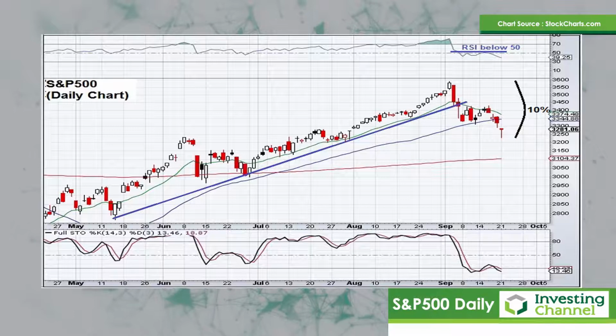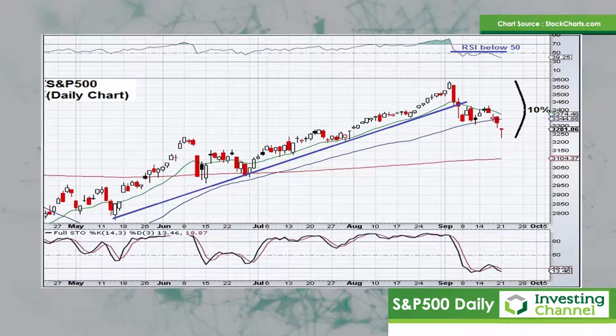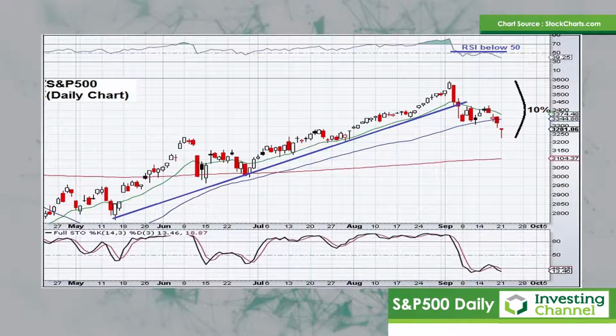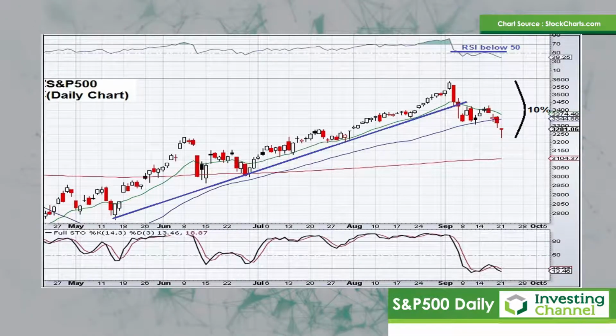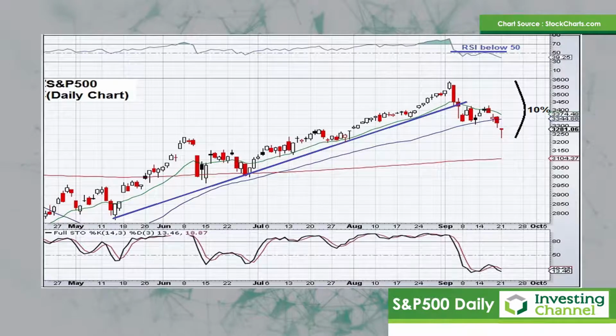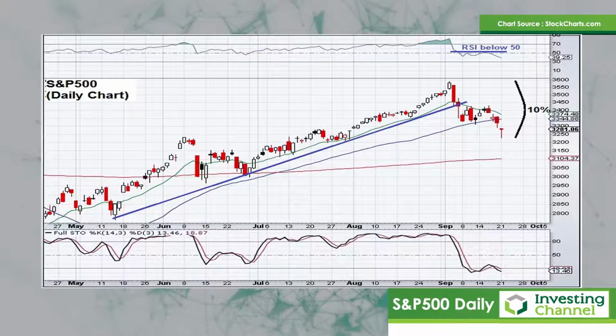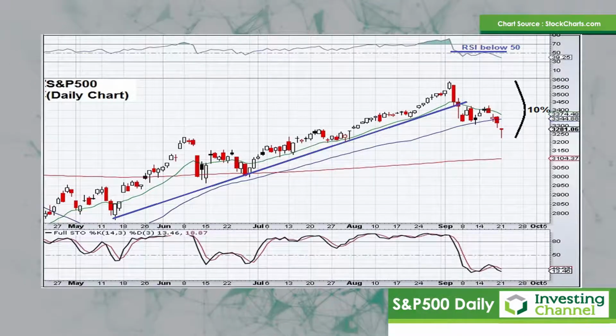So we've seen 10% downside to yesterday's low, and the market did have quite a good bounce off of the lows yesterday. And you can see a bullish hammer candle registered on yesterday's trade. So that is somewhat encouraging, but it doesn't negate the technical damage that has been done over the last couple